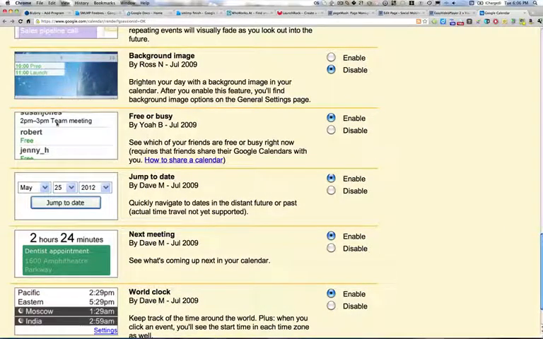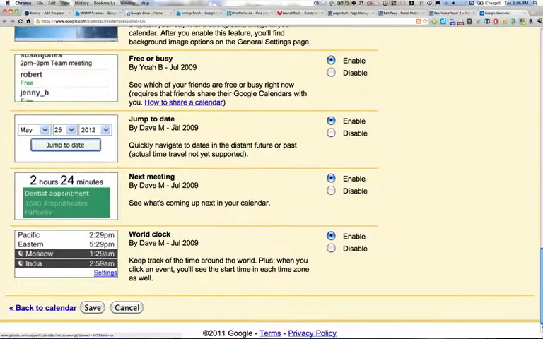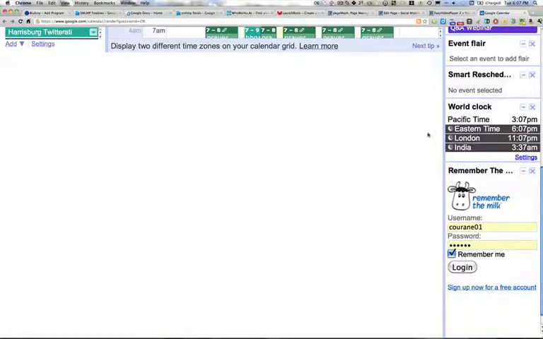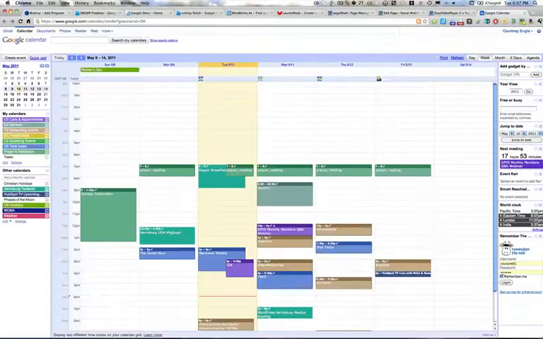Free or busy is really handy to see if they're available to meet. Jump to a date lets you jump to some date far into the future. You can be reminded when your next appointment happens to be, and also you can see the world clock. Once you have that all configured and saved, let me zoom back out and we'll look at what